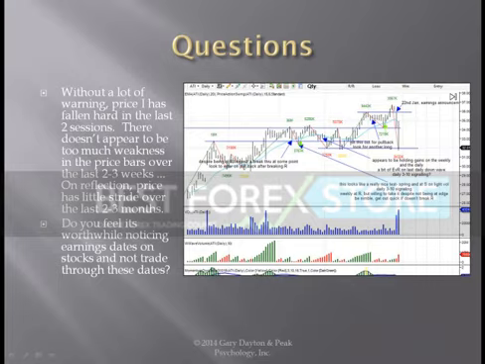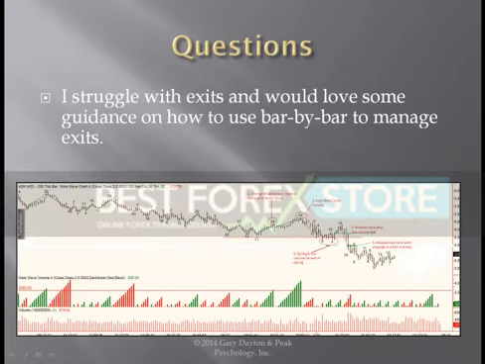The simple answer to that is to look at the higher time frame for support and resistance and use those as targets. So if you're trading off of a 5-minute chart, look at your hourly chart and see where resistance lies overhead, and have that as a target. And then you manage it by using your assessment bar by bar to see if the price is moving closer in the right way towards that target or if it's not. Okay? I mean, that's the simple answer to it.